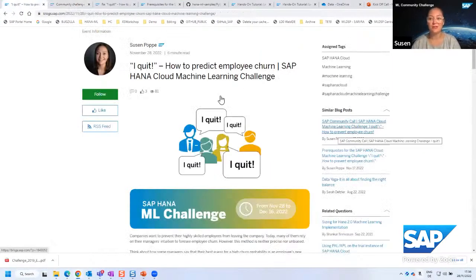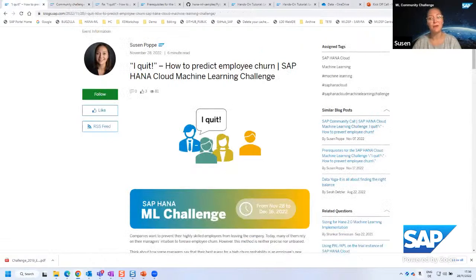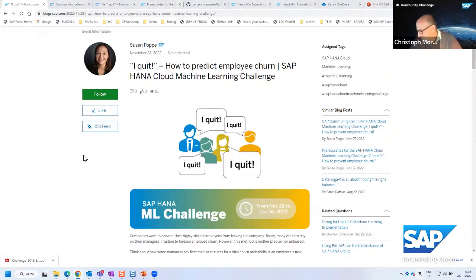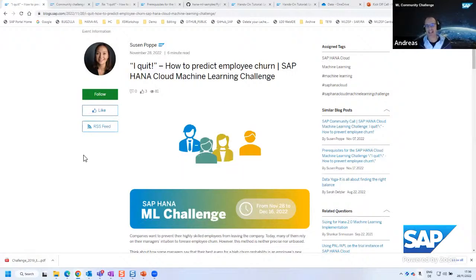So the first question we should maybe answer is, are we allowed to use local libraries for fitting? Yeah, I'm happy to take that for sure. So basically it's a HANA machine learning challenge. So we might be a little biased towards using the engines in HANA Cloud, obviously. This is really the purpose. So for that challenge, clearly it would be nice to use the engines provided inside HANA Cloud itself.